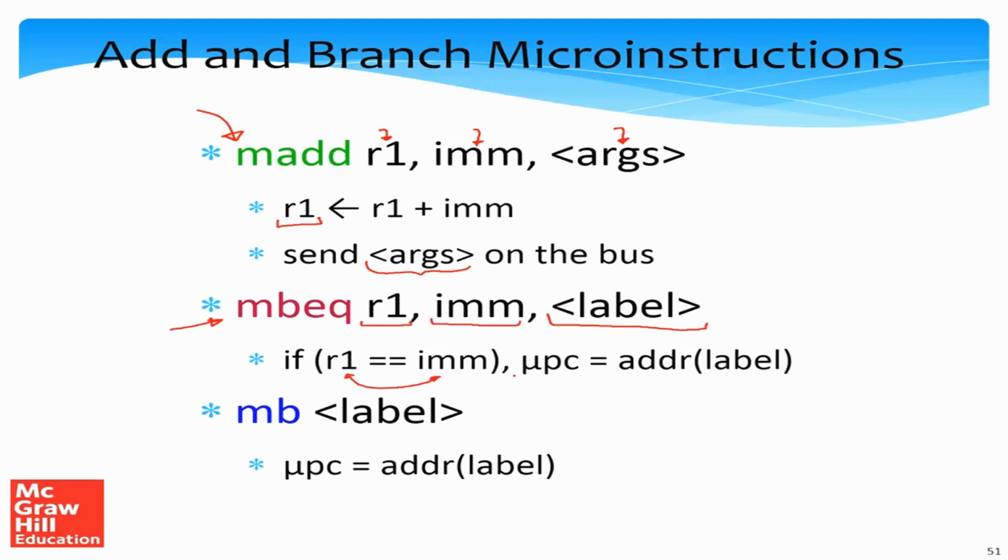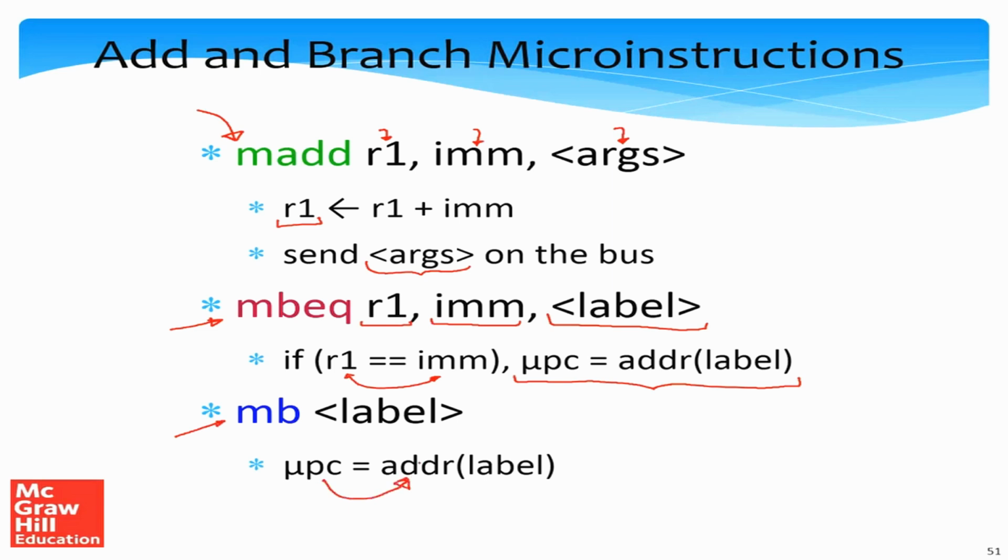This is an artifact of traditional assembly. It works in exactly the same way, but we send a register and an immediate, we compare them. If the comparison is successful, we do a branch. We also have an unconditional branch MB, which just takes a label when we set the micro PC to the address of the label,